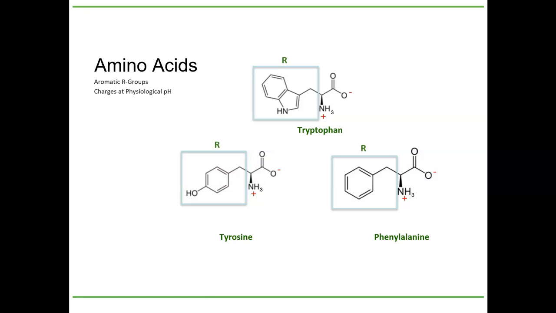So these are the physiological pHs, at approximately 7. You'll notice that the R groups don't change their charge. They don't get charged. They don't act as acids or bases, but the backbone, the oxygen on the carboxylic acid, and the amine, those all will change. The tyrosine could potentially ionize or release that, but you'd have to have really high basic conditions in order